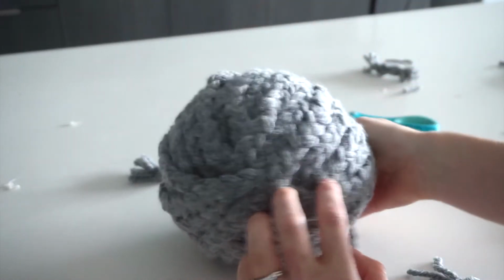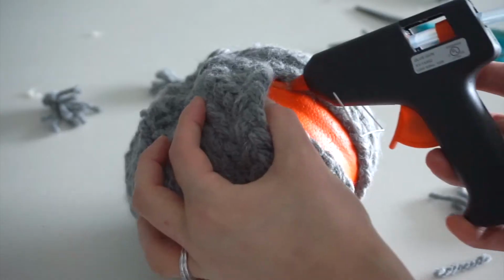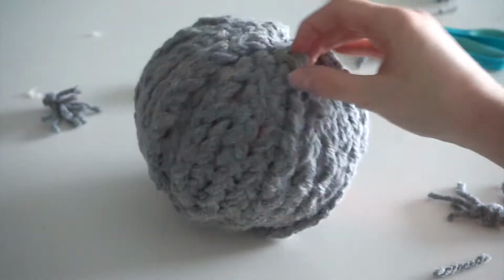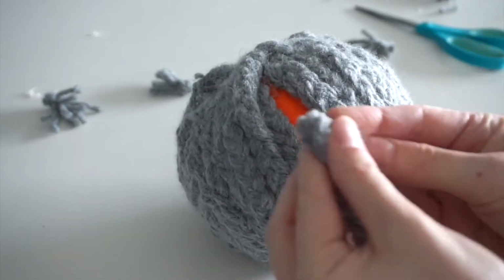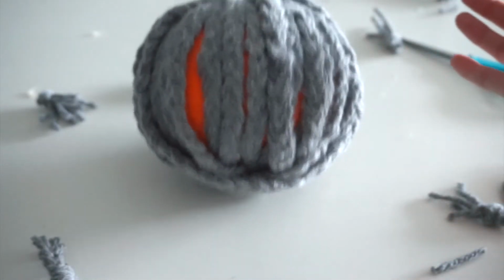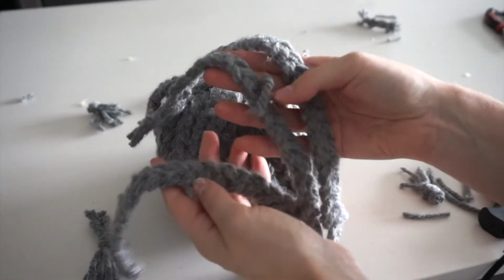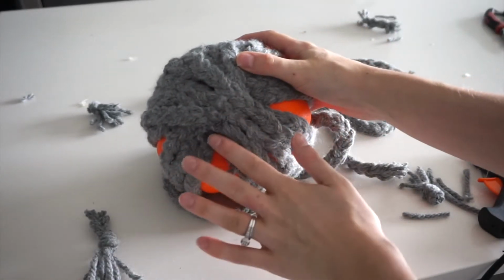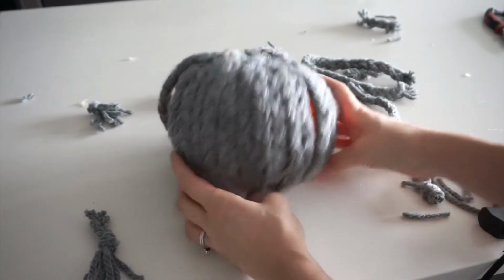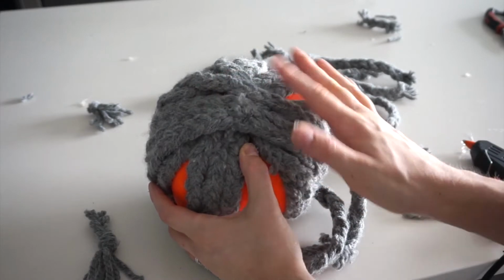These smaller sections, I think I'm actually gonna cut off sections of one of these longer braids I made. I don't like how this bottom is turning out because it doesn't sit flat. I cut off some of the braids that were really obstructing the bottom here, and now it's sitting a lot better. So I would advise being mindful of where you're crossing underneath so it creates an even bed for the